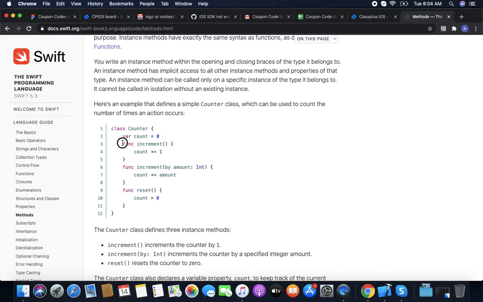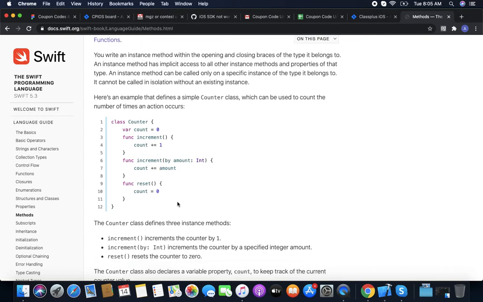We have increment, a method which will increment the count. We have increment by amount, which also increments the count with some amount. And we have reset, which will reset it to 0. So these three things are the methods of this class Counter.